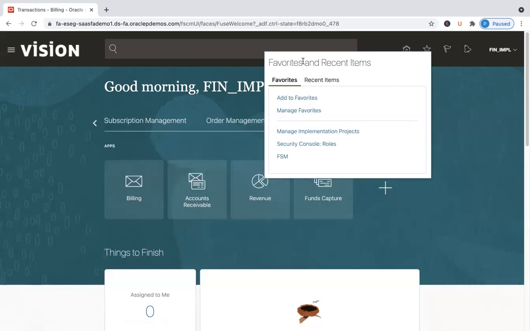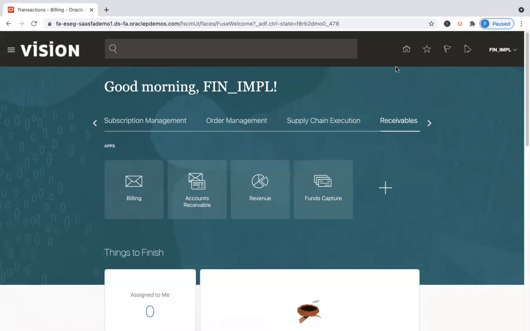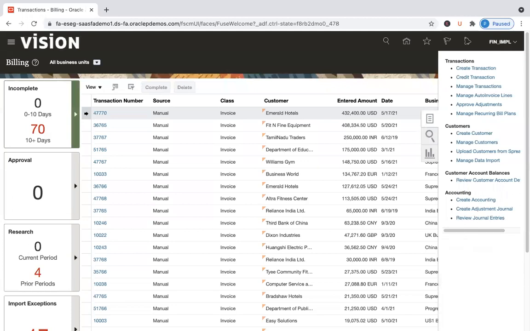This has two options, and both would be quite handy for you. You have a favorites section and you have recent items as well. The way favorites work is like bookmarking a page. So if I'm a receivables user and I have to get into the billing screen, say, 10 or 15 times in a day,